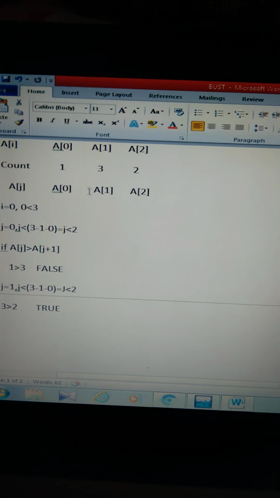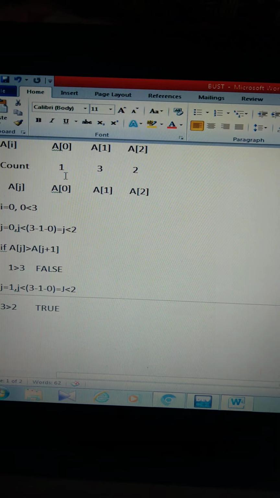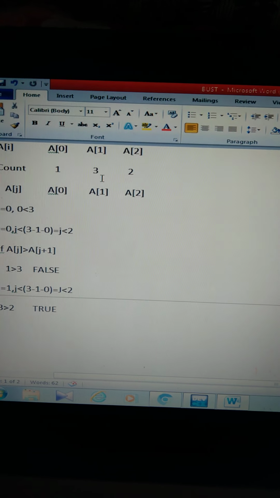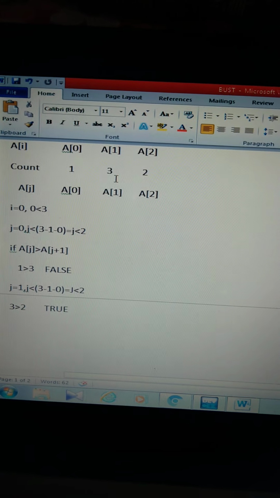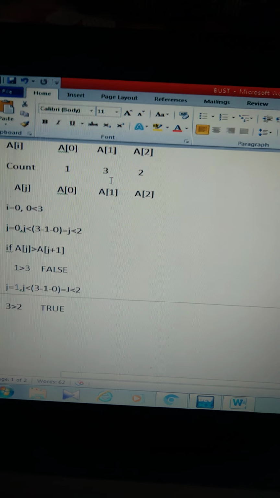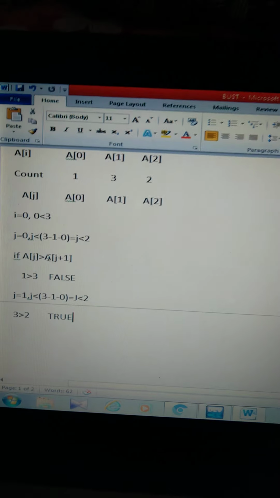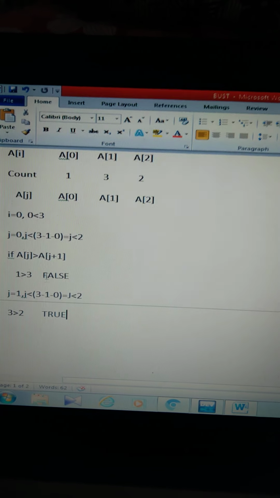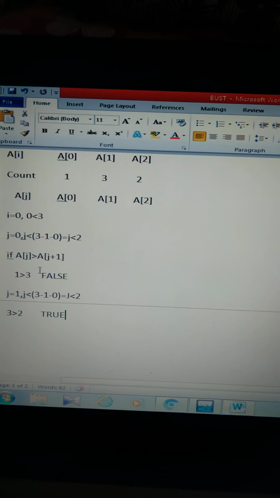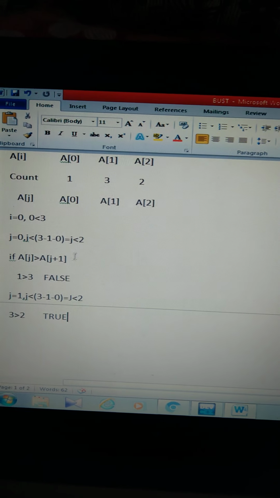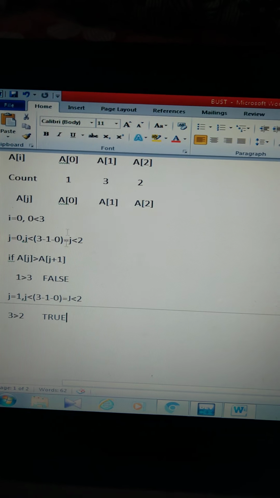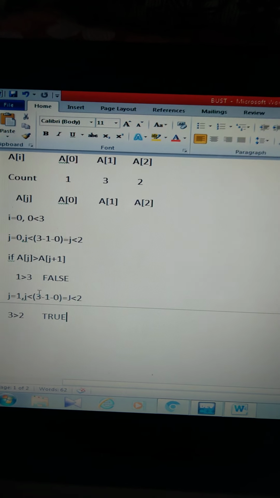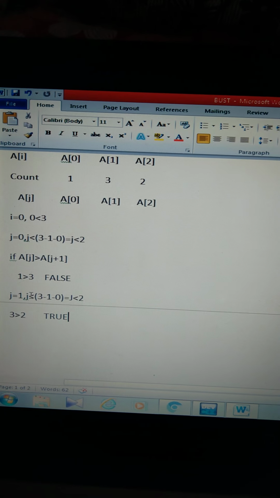Okay, then a of j is smaller than a of j plus 1. But here, to proceed with further operations, we have to satisfy the condition that a of j should be greater than a of j plus 1, but it is not satisfying this condition, so we move to the j is equal to 1 operation.